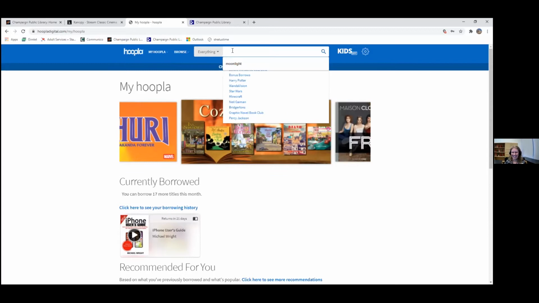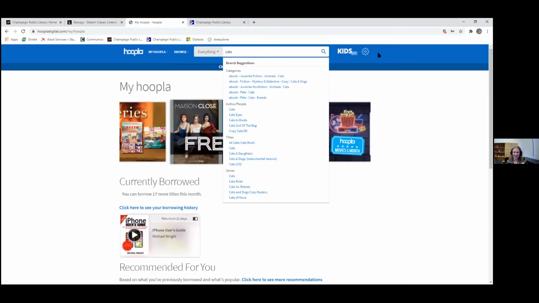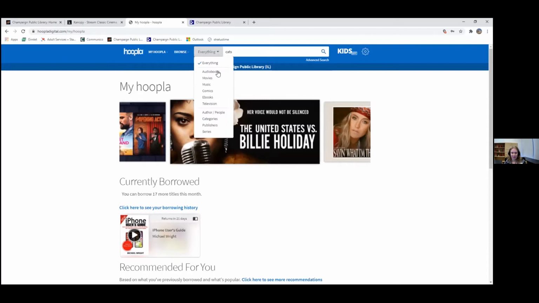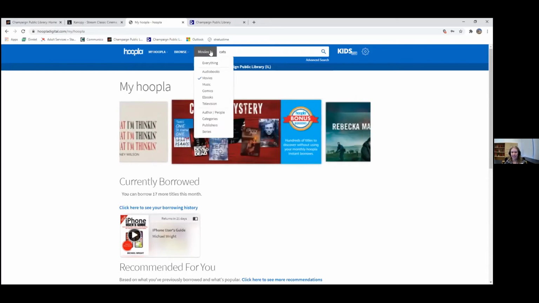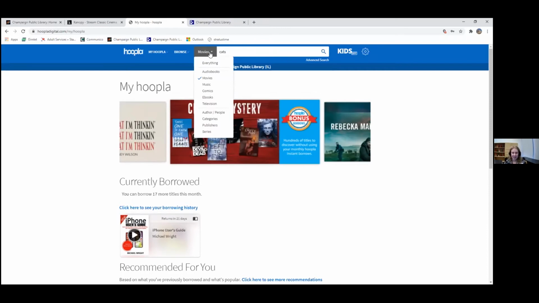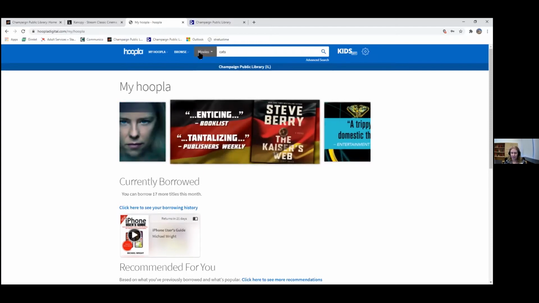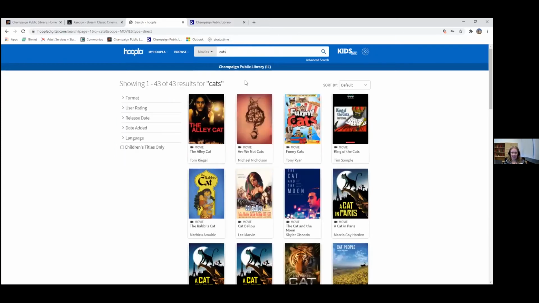Okay. Someone says cats. Yes, let's do the cat search, like the movie Cats. So we'll do the search for cats, and we can search movies and see if Cats comes up. If you noticed what I did here, we're going to narrow it down from everything to movies specifically, because we're looking for a movie about cats or the movie Cats, and we'll see what we get. All right, so here are all of the movies that come up with cat in their title or